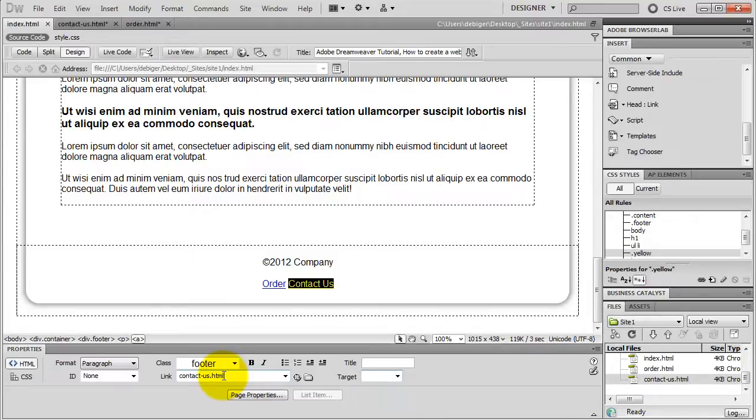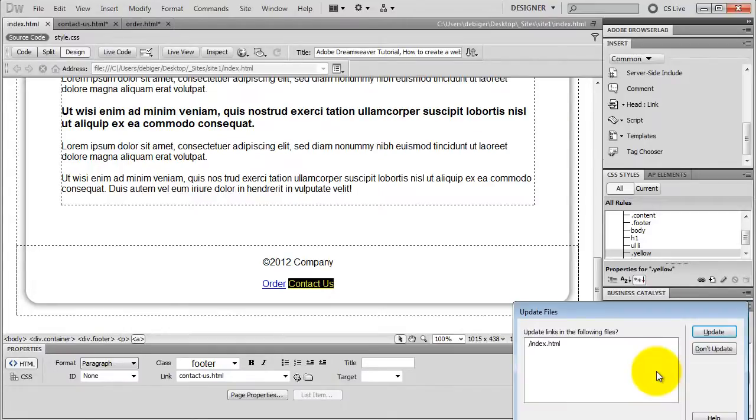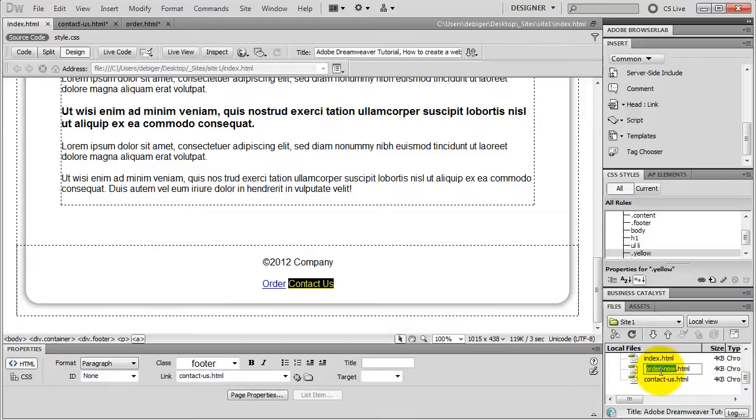And also if you change a file name later, for example, if I change my order page to order now, as I hit my enter key, Dreamweaver prompts me to update my links, so I can update my link, and I'm not gonna end up with any broken links. I don't update it now, and I change it back to order. Make sure your Dreamweaver site is opened because otherwise Dreamweaver can't update your links, and also you have to save